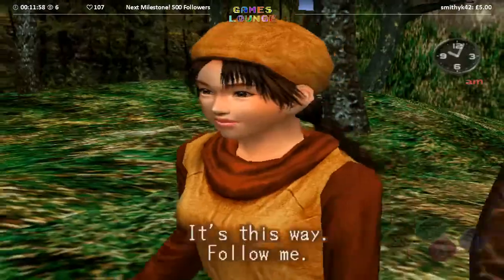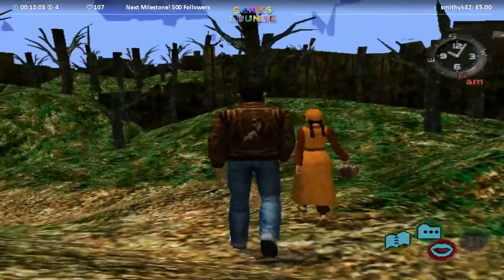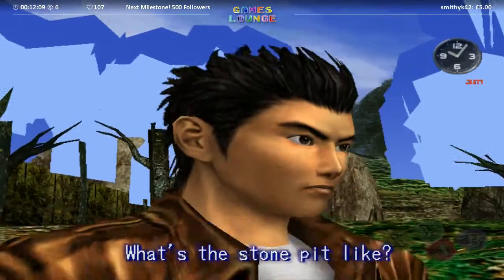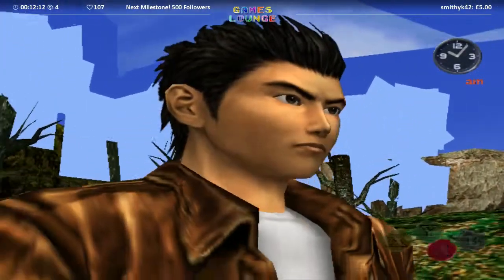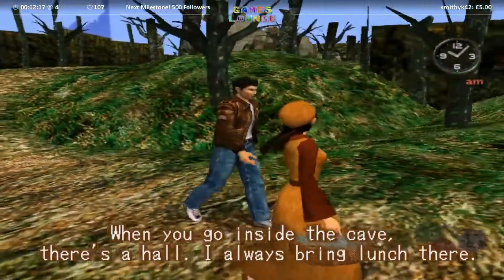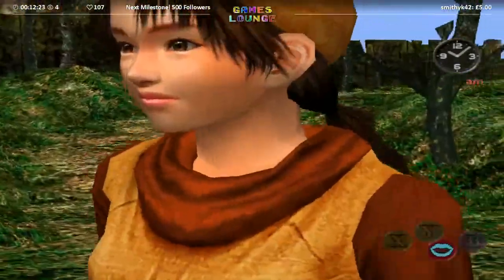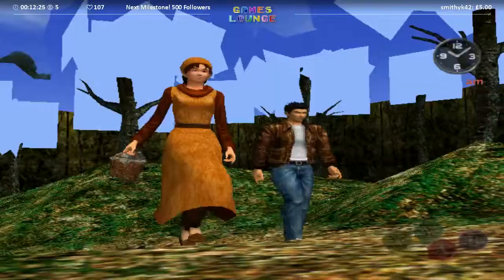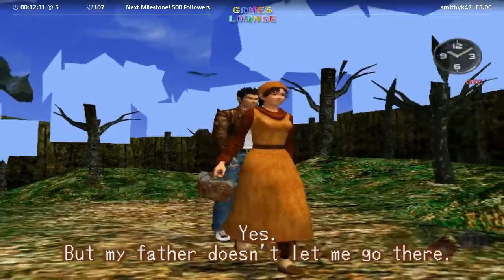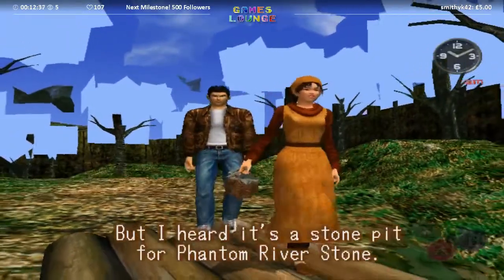父よ、私について As you'll see here as well, there seems to be some graphical glitches. Unfortunately, not much I can do with that. 何？ その石切り場ってどんなところなんだ？ 洞窟の中なの。 This is a 洞窟か。 洞窟を a temporary solution ホールがあって to allow us to complete the game. 届けているの。その先にももっと大きなホールがある。 その先にも。 ええ。でも父はその中に入れてくれないからどんな場所なのか私にはわからない。でも塔が緑石の石切り場だとは聞いている。